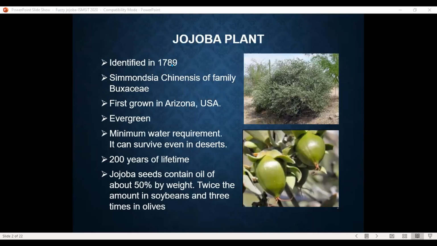It was identified in 1989 and first grown in the Arizona deserts. It is evergreen in all seasons, has minimal water requirements, and can survive even in desert conditions. It has a lifetime of 200 years and has female and male plants. It is actually not a tree, it's a shrub. Its seeds, which we are interested in, this is the fresh one, we let them dry and then use them. The seeds contain oil of about 50% by weight, which is twice the amount of soybeans and